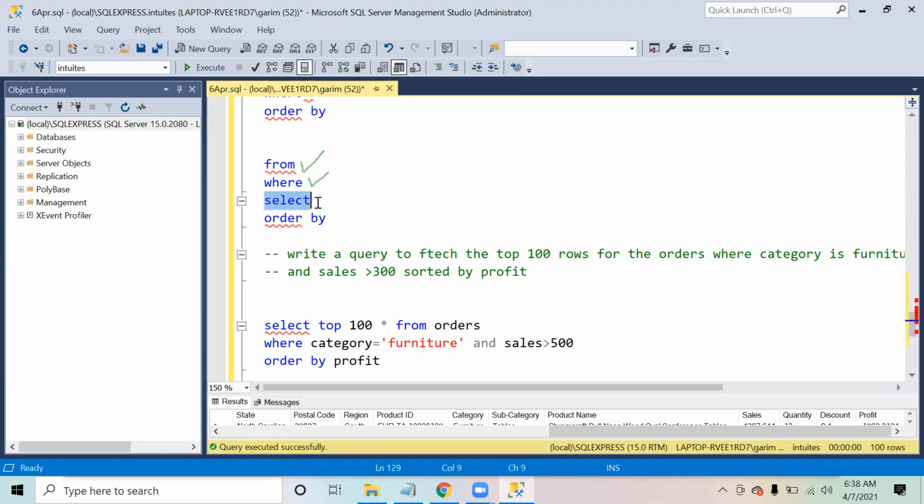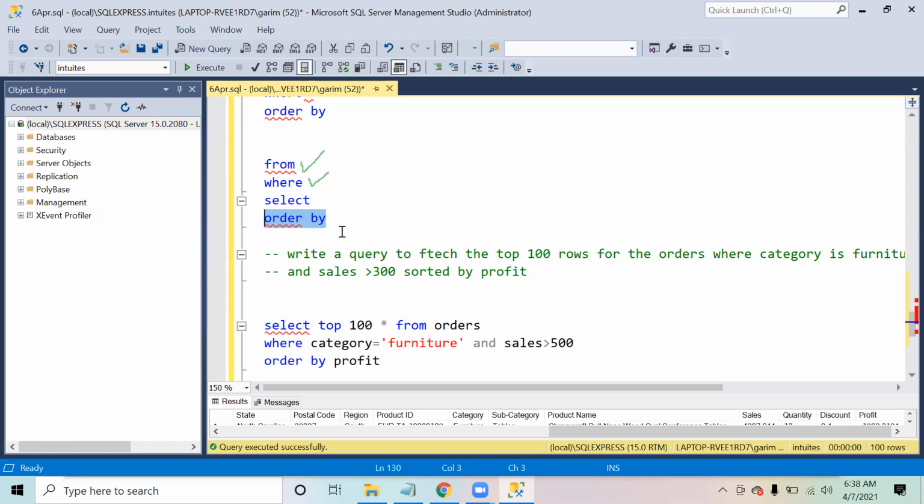Then it will come to the select, and ask what you want. You said that you want to see only the top 100, with all the columns. Then it will execute the select, and after the data gets selected, it is going to sort the data. So this is how basically the queries are executed.